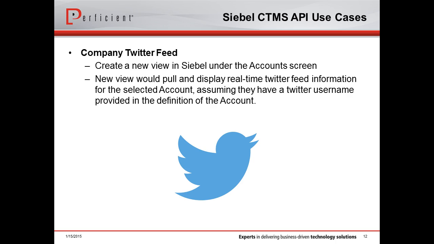Assuming that we have their Twitter account username, let's say, as a field that we capture on that account or contact. So another possibility would simply be to add a small embedded Twitter web app on the account more info